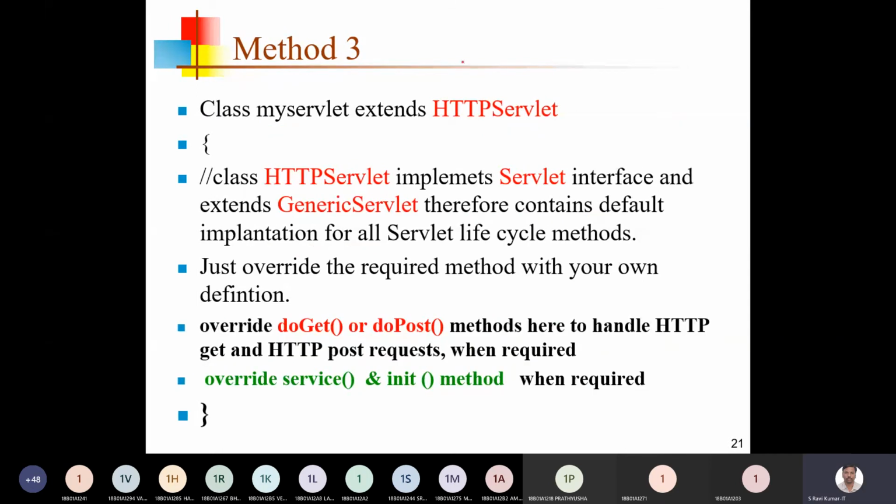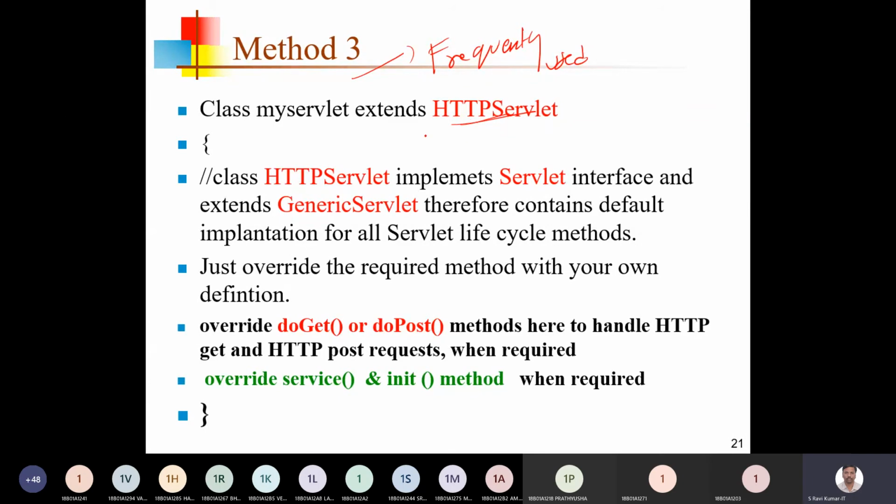And then method 3, okay, which will be frequently used: HttpServlet. Because we are dealing with a web browser now, and a web browser supports only the HTTP protocol, our servlet is feasible to extend from HttpServlet only, instead of implementing Servlet or extending GenericServlet.